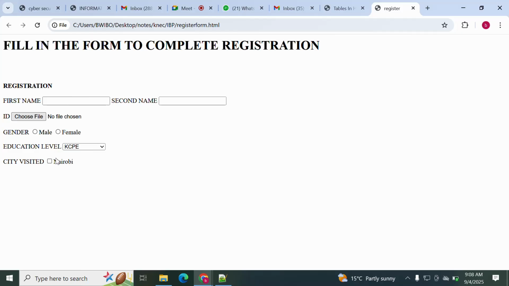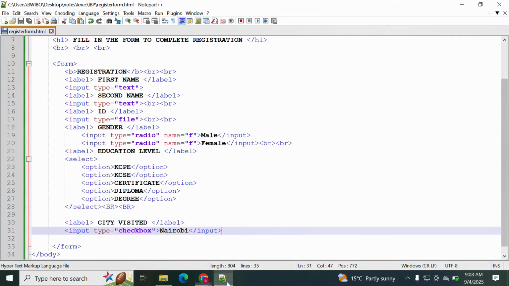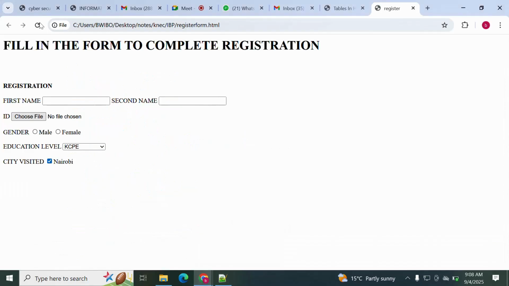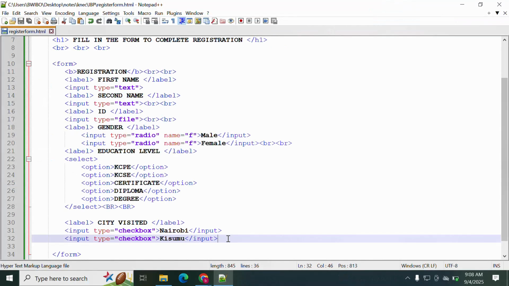So this is how it's gonna happen. City visited Nairobi, so you check. So have you visited Kisumu? Yes, I visited Nairobi and I've also visited Kisumu. Oh, I did not visit Nairobi. I was lying. I visited Nairobi, but not Kisumu. So you can see that this one doesn't need the name attribute,